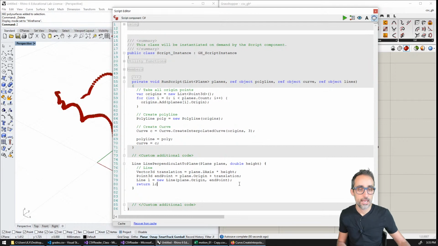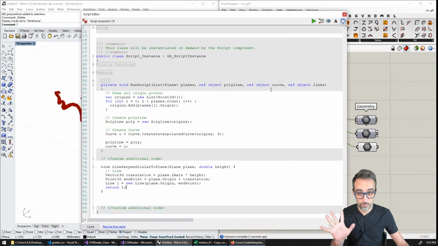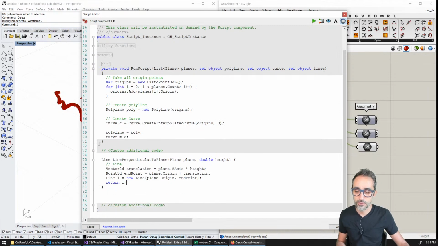Does this work? Do I have any typo of any kind? No. This copy pasting was fine. So yeah, I have this function. Anybody who calls it with a plane and a height will be getting a line that is perpendicular to that plane and with this height. Now